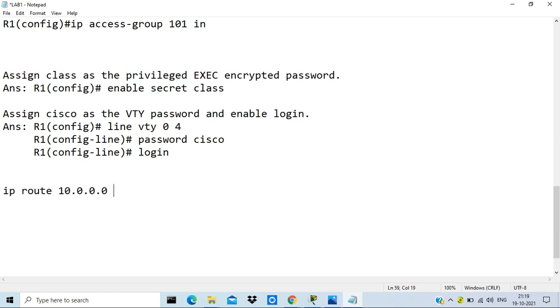Since they are using class C, it is 255.255.255.0, and then you need to specify either the interface through which you will have access to the branch 1 network, or you can mention the gateway, and the gateway would be the interface IP of the other end router's WAN port. Since I am trying to create a route for branch 1, my gateway will be the WAN interface IP of the branch 1 router.